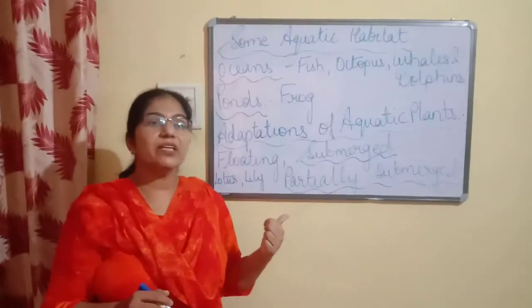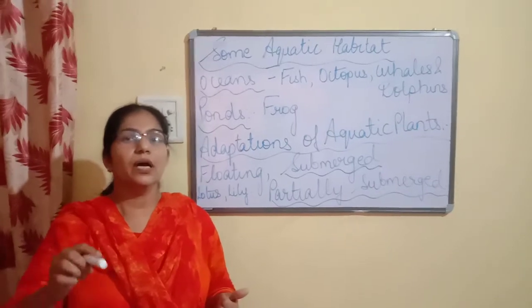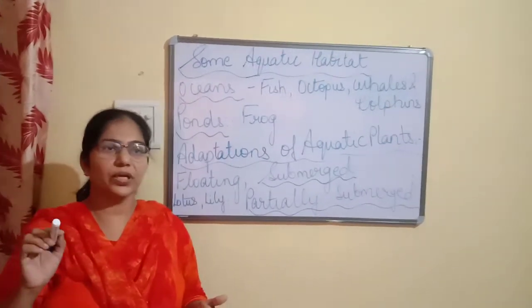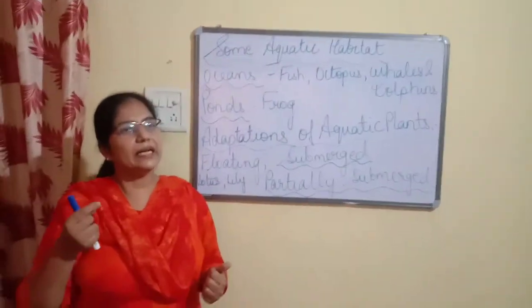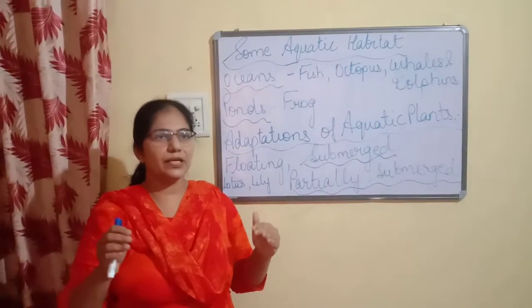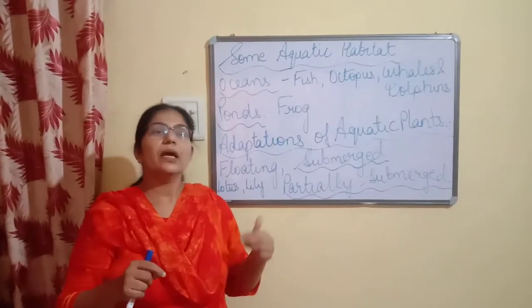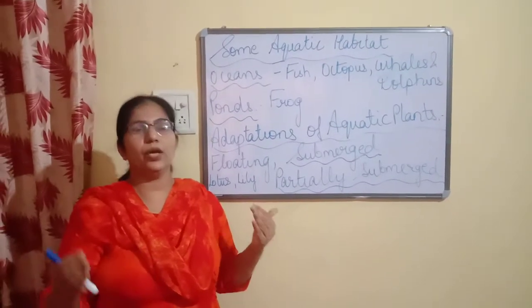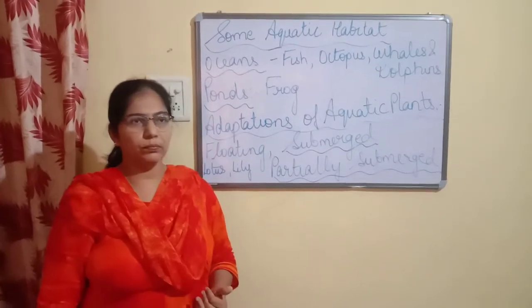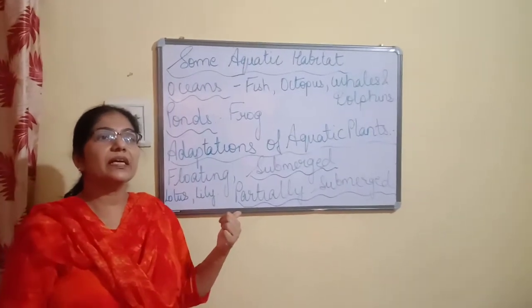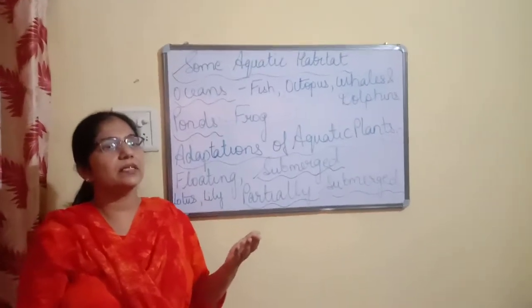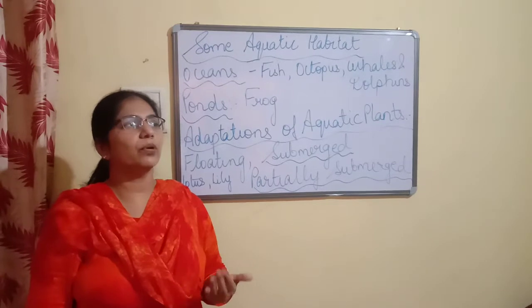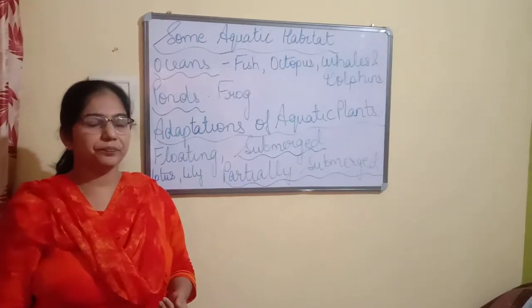Then in mountain regions, we had studied how the trees are conical in shape. They bear needle-like leaves so that the snow slides off easily. Then the animals have a thick covering of fur on their body in order to keep their body warm. Then we had studied grasslands. In grasslands, we had studied the adaptations which are found in lion and deer.